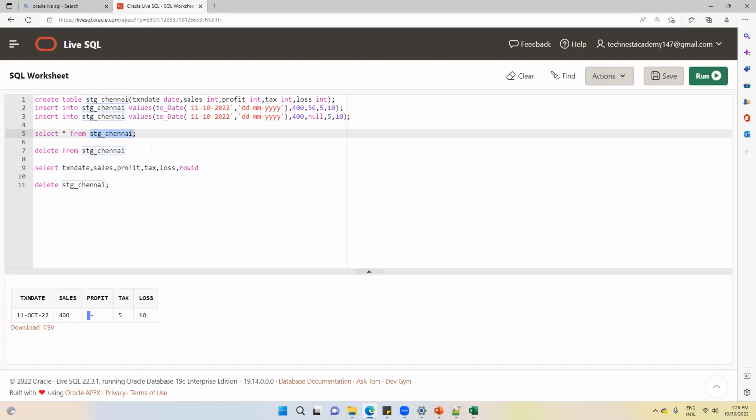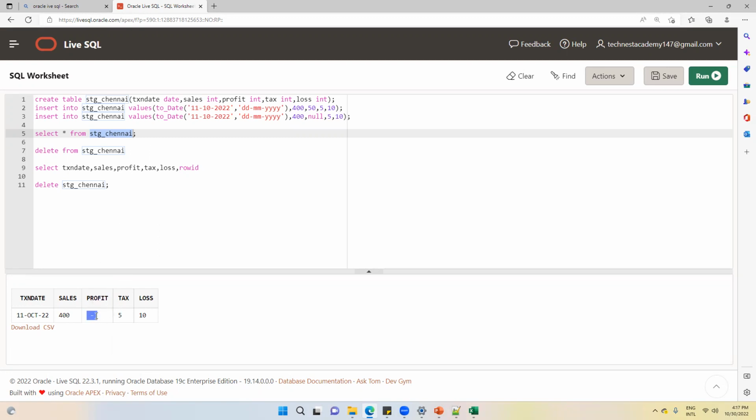I'm not cooking a chicken now. I'm just cleaning the chicken, right? And for that, I need a tub, a separate tub. So this staging is that tub in which I will do all these cleaning activities. If duplicate is there, remove the duplicates. If some value is missing, connect with the source team and ask them to send the value.